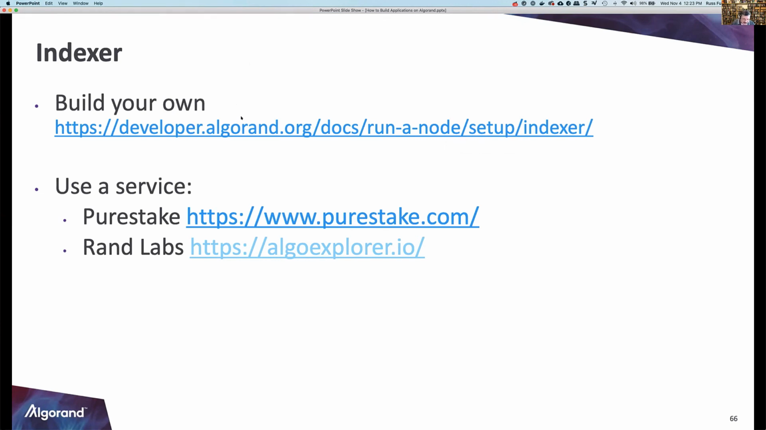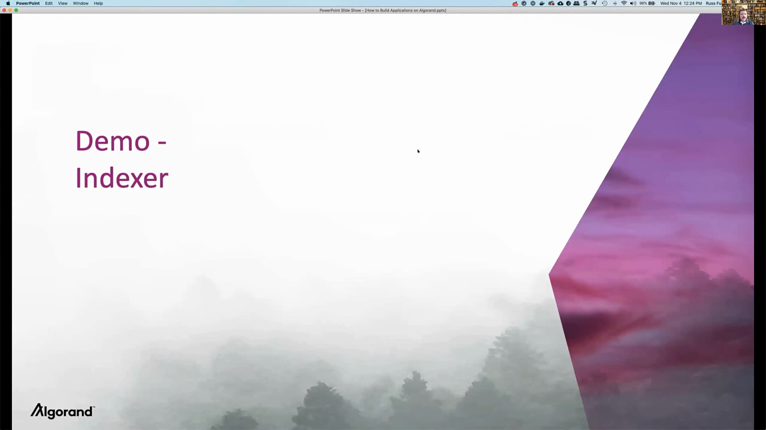Or you can use a service. A few services are out there right now, PureStake or Explorer.io. Also, I understand things that come with our sandbox will support Indexer as well. So that will be a third option that will be out pretty soon. All right. So in terms of the actual